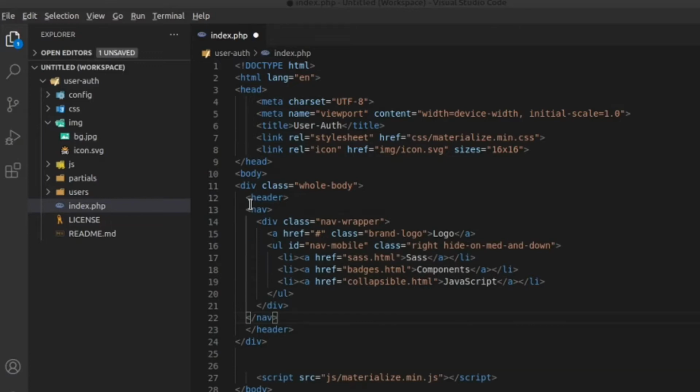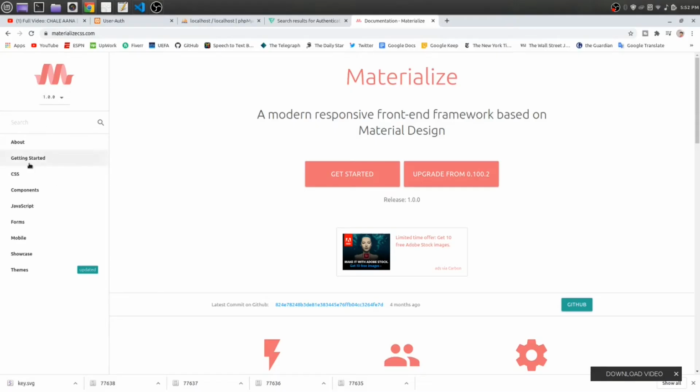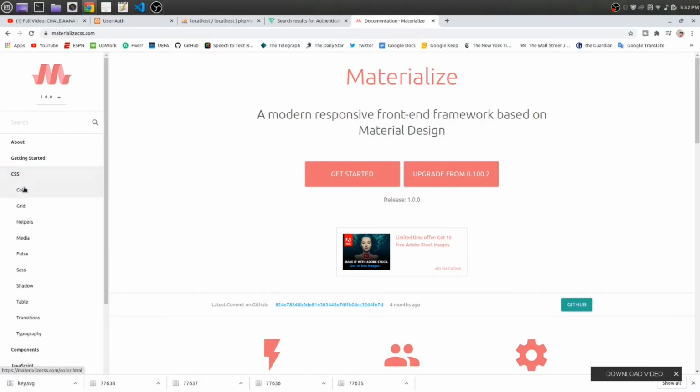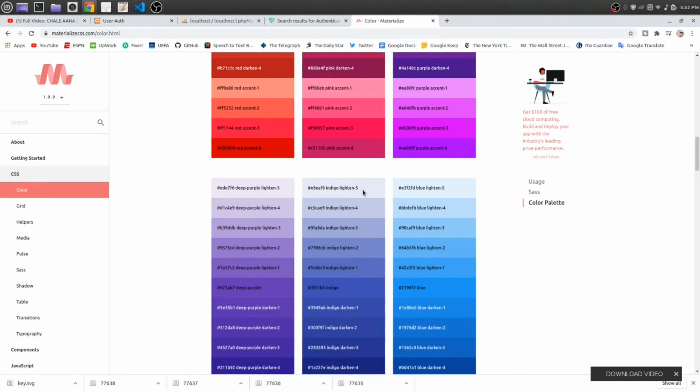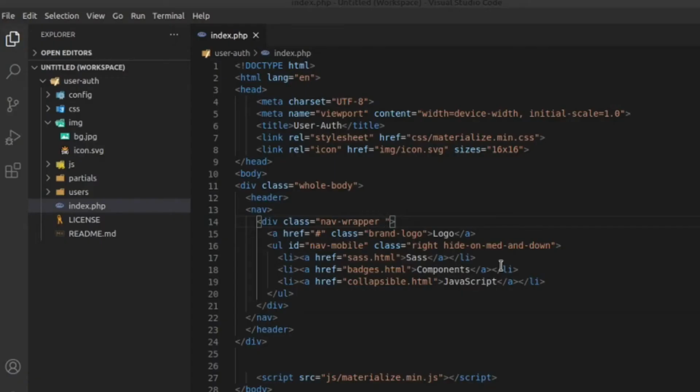Shift Alt F. Okay, for Materialize CSS, click on CSS. This is the color code. You can find lots of color codes in here. Just copy any of the colors you like and paste it on the element you want to color. Okay, next change the color for our navbar. 311B92, deep purple, darken 4,